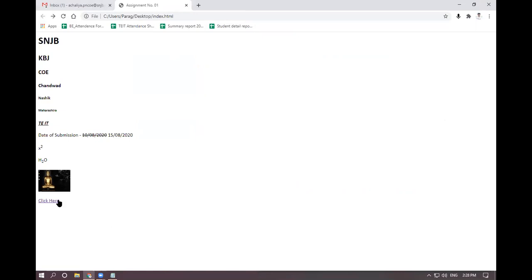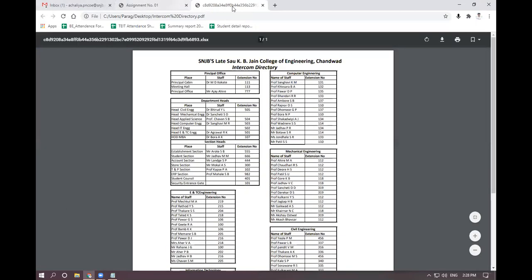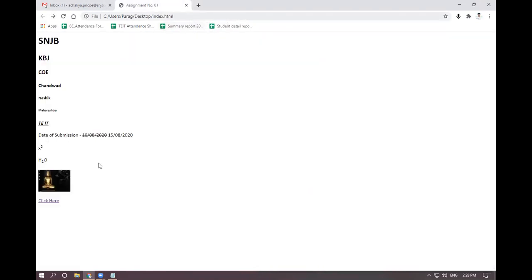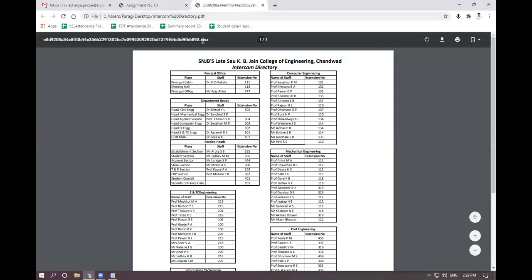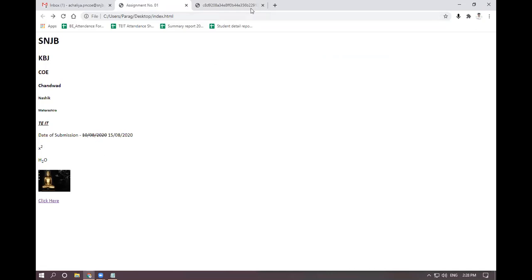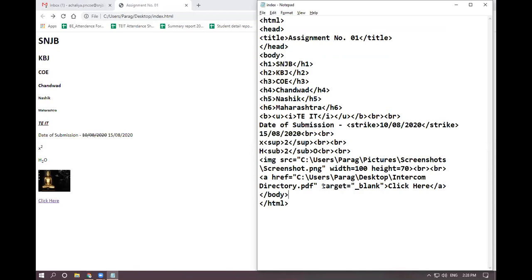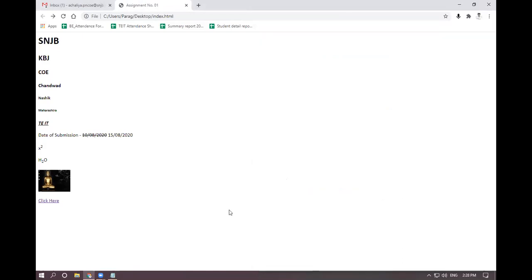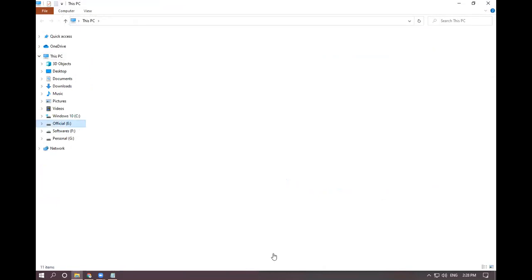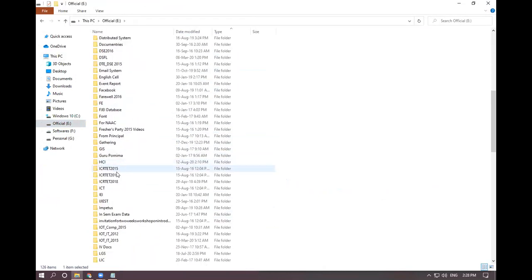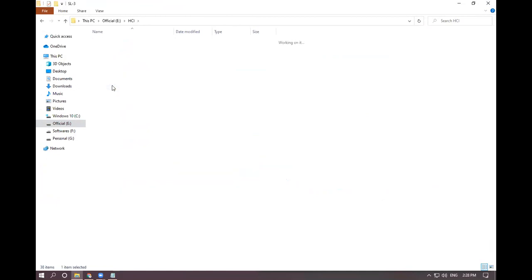Refresh it. Now observe. This PDF file has been opened in the third tab. My HTML code is in the second tab, but after clicking on this text, this PDF file opens in my third tab and my second tab stays as it is. So this is because of the target attribute, and I am going to set its value like this. In double quote, you need to write underscore blank. It means this file is going to open in a new blank tab. Remember this. Then we will see the next tag, which is the next tag?